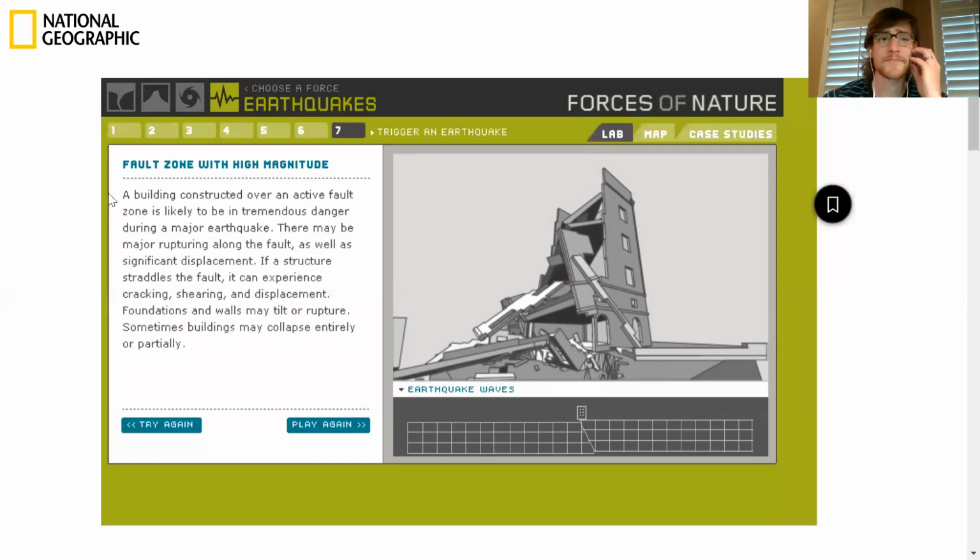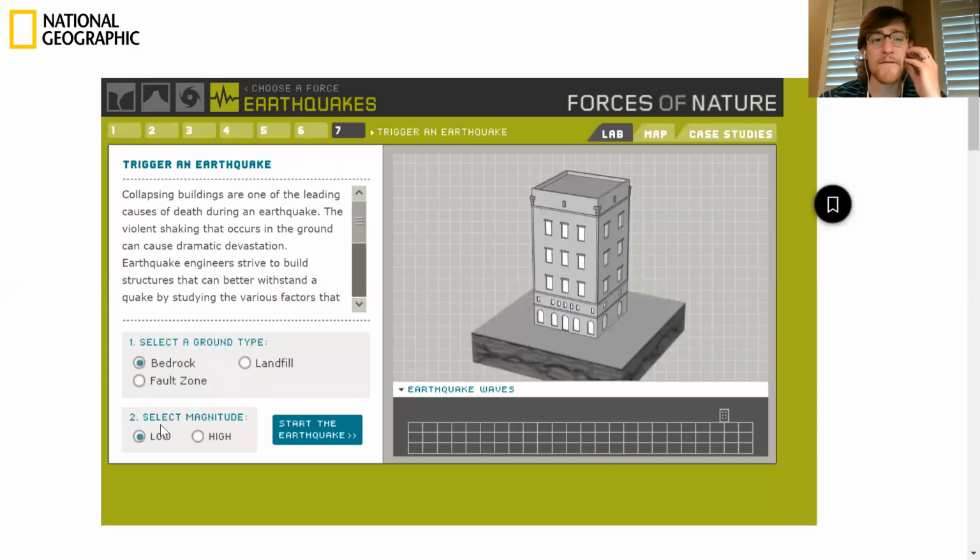So in a fault zone with high magnitude, a building constructed over an active fault zone is likely to be in tremendous danger during a major earthquake. There may be major rupturing along the fault, as well as significant displacement. If a structure straddles the fault, it can experience cracking, shearing, and displacement. Foundations and walls may tilt or rupture. Sometimes buildings may collapse entirely or partially. So that finishes out this particular